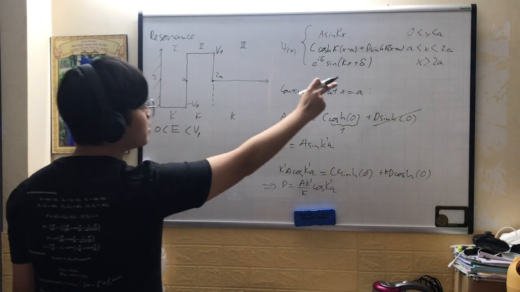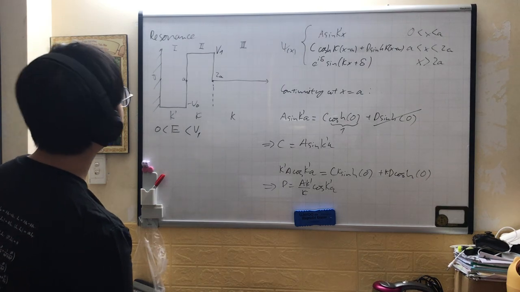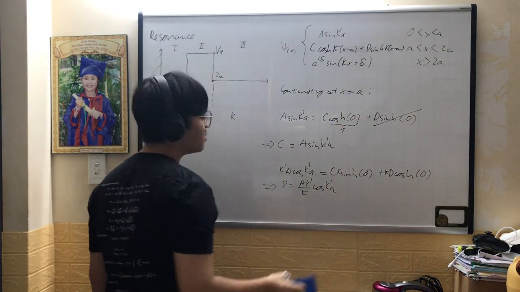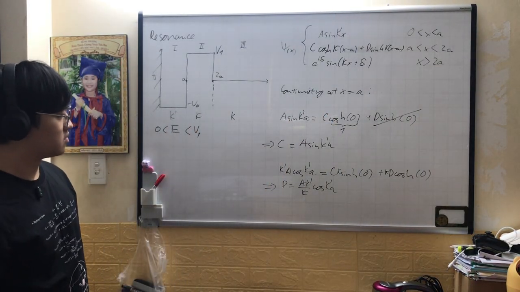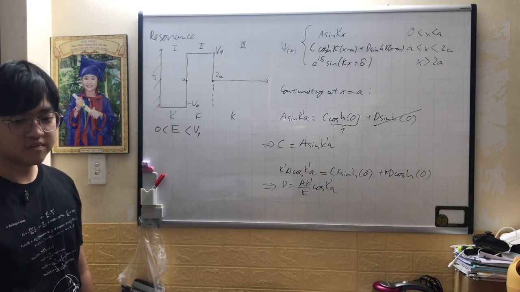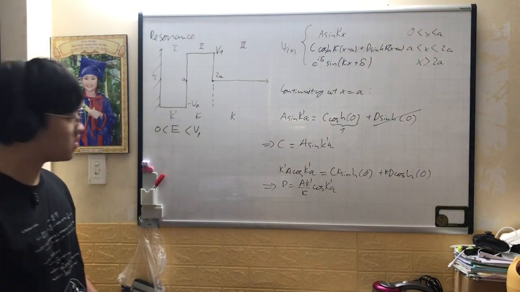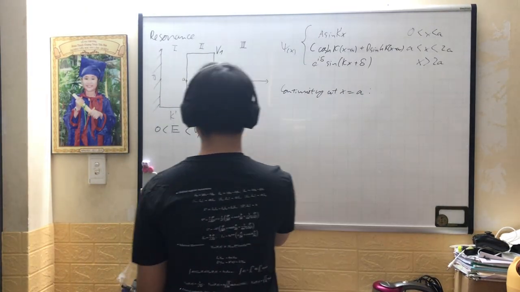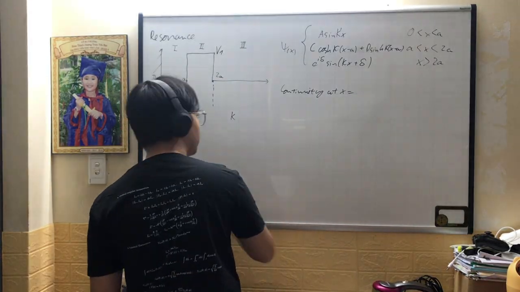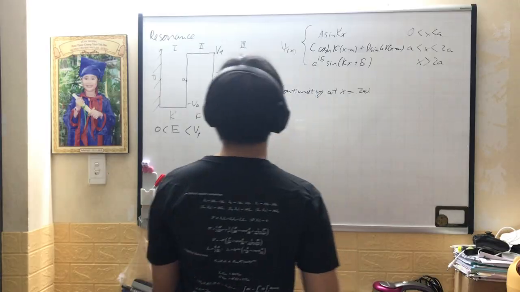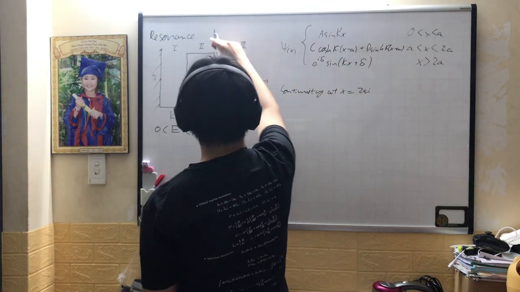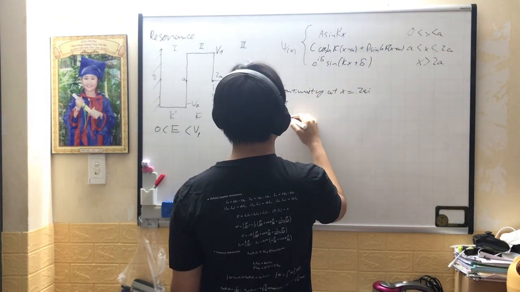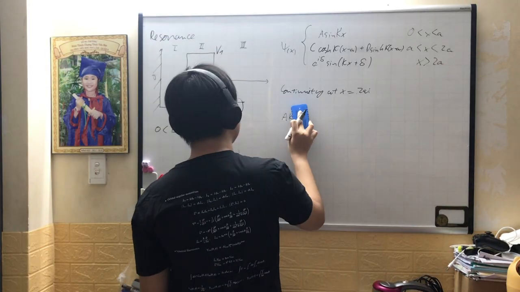All right, so now you got your C and D. Now we're going to take the continuity at 2a. So maybe I can erase this part. I'll wait for like 5 seconds. So next is the continuity at 2a. So that would be our region 2 and 3. So first one is, that is a, no, it's a